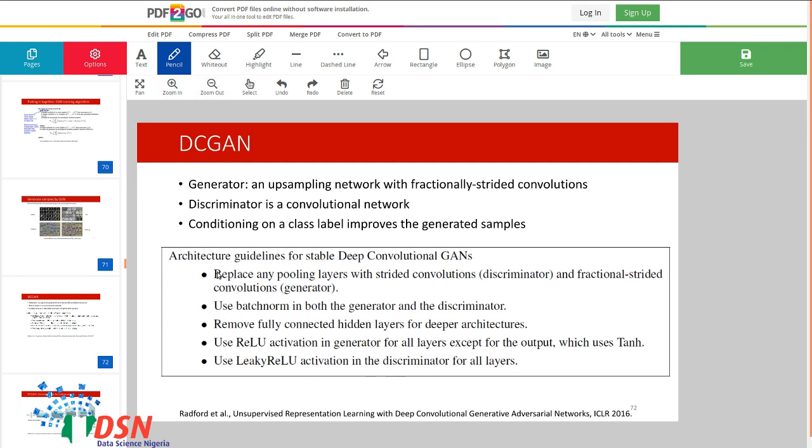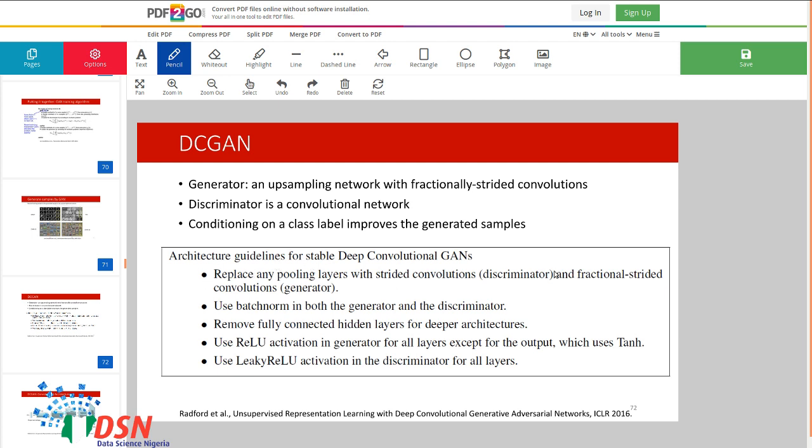So for example, in these GANs, it's better to not use pooling layers. Instead of that, you use strided convolution. You use the strided convolution for the discriminator, and fractional strided convolutions for the generator.